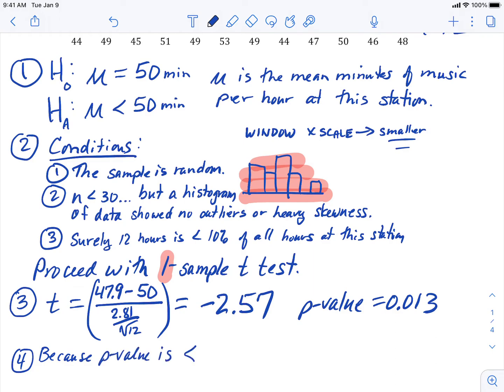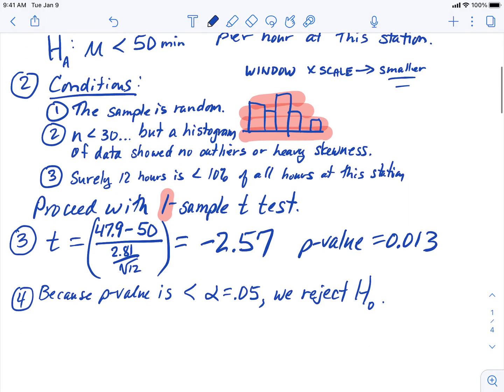So we're going to conclude that because the p-value is less than the alpha level, which we were not given one, so we will just use 5%. So since the p-value is less than an alpha level of 5%, the statistical conclusion is we reject the null hypothesis. What this means in a practical sense then, which is always what we finish with, we say something like there is convincing evidence